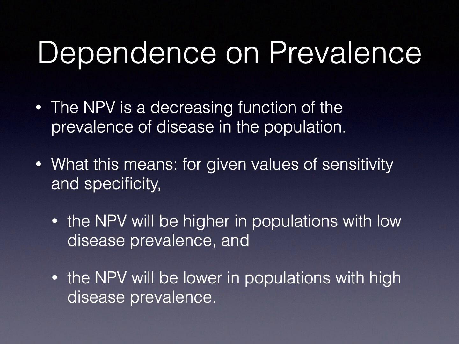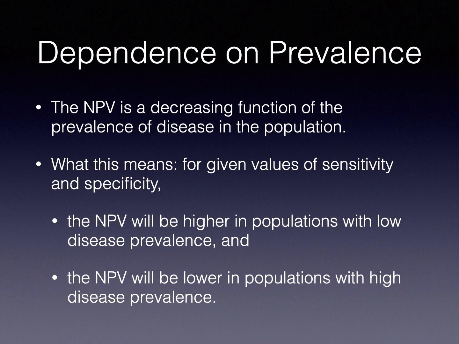Now, the NPV, the negative predictive value, is a decreasing function of the prevalence of disease in the population. And so what this means is that for given values of sensitivity and specificity, the negative predictive value will be higher in populations with low disease prevalence, and it will be lower in populations with high disease prevalence. Now remember, the NPV is the conditional probability that a person does not have the disease given that their test